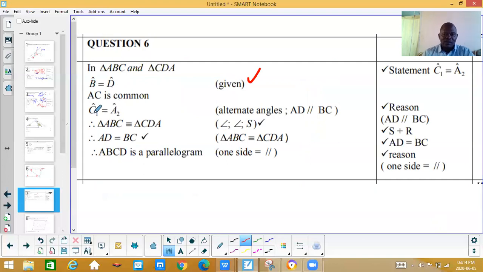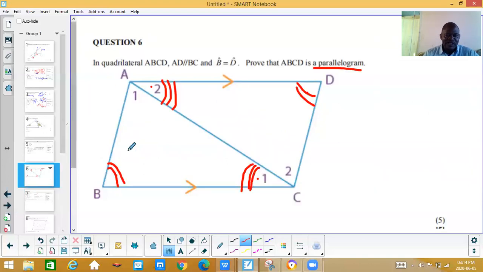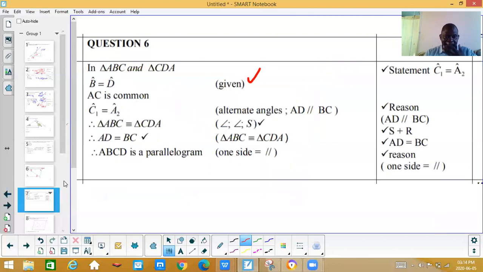Since you are supposed to prove that C1 is equal to A2, this is what you've indicated. And the reason being that they are alternate angles where AD is parallel to BC. That is the reason. Now, when you look at triangle ABC and the triangle CDA,